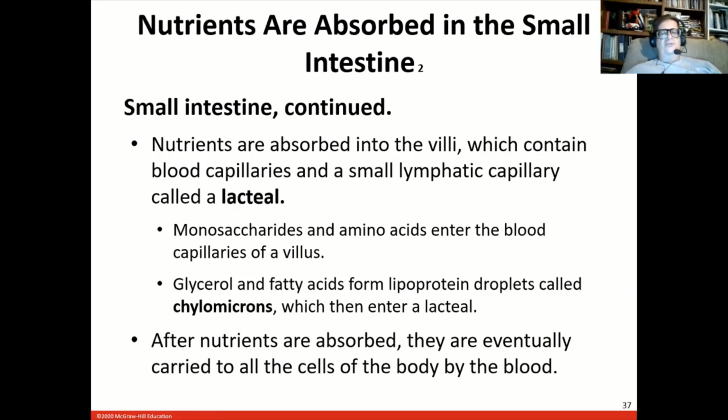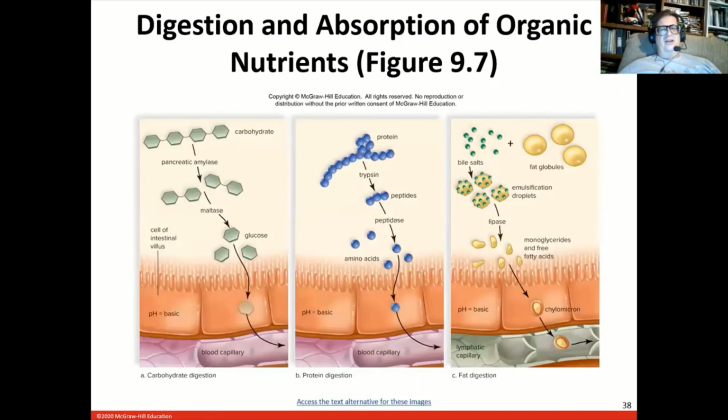After nutrients are absorbed, they're eventually carried to all the cells in the body by the blood. True, but you're probably going to go through the liver first to filter them before you go to the rest of the body. Anyway,